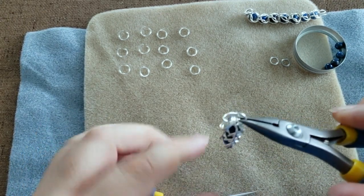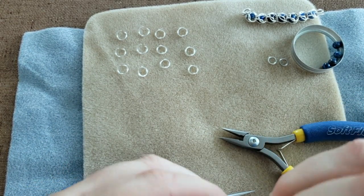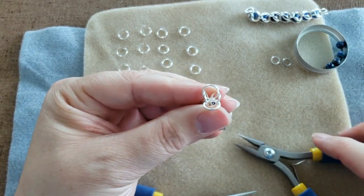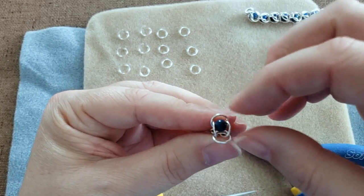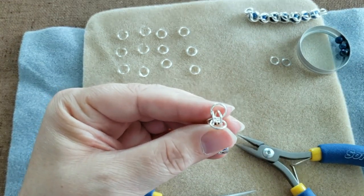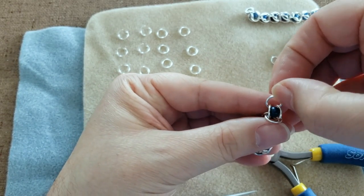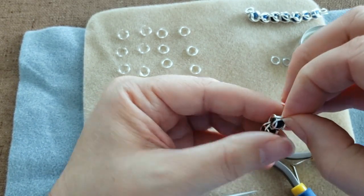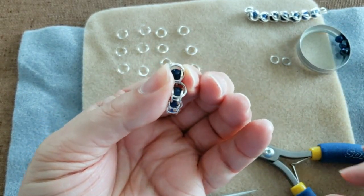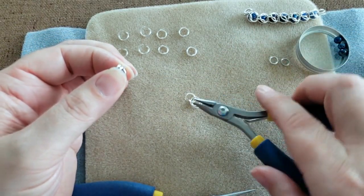Now if this process is just a little bit too confusing, go back to that one at a time thing that I showed you at the very beginning, where all of your rings are open and you're just putting them on one at a time. Make sure, oop, runaway bead. All right, so now we have that one ready to go. Take our open, 2 on,